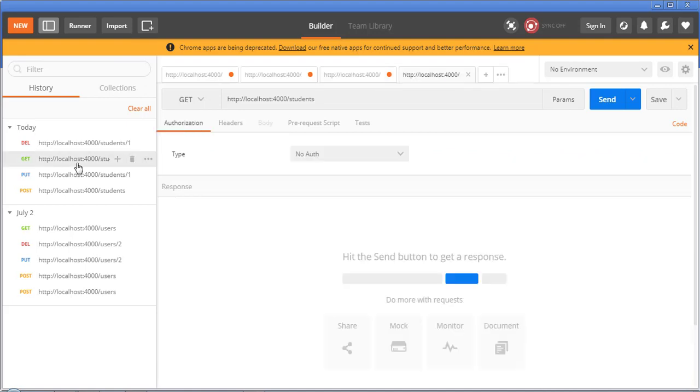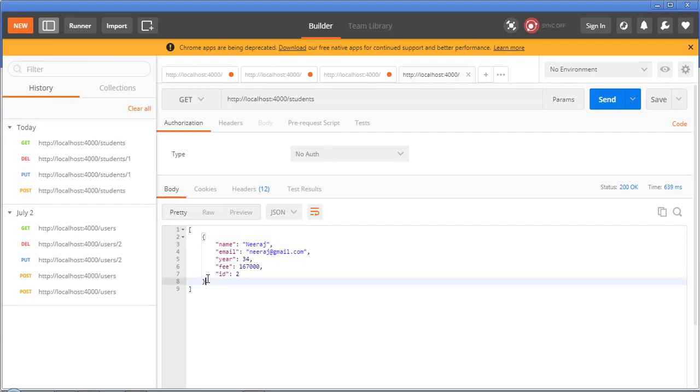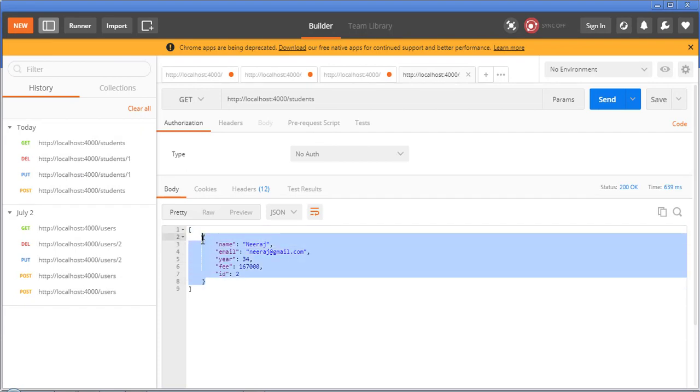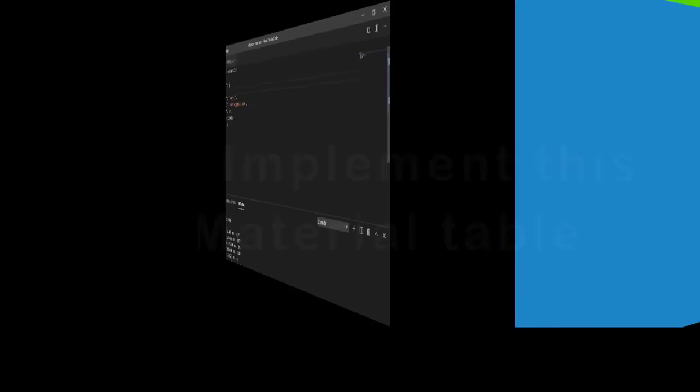Now come to the get and click send, and as you can see we don't have the id 1 record anymore, and here too we don't have id 1 record. That means we have deleted that record successfully.